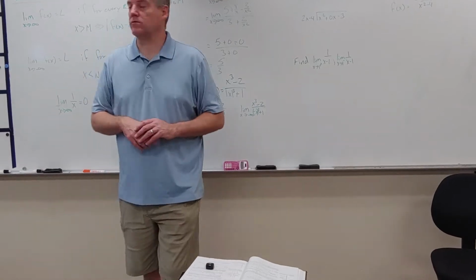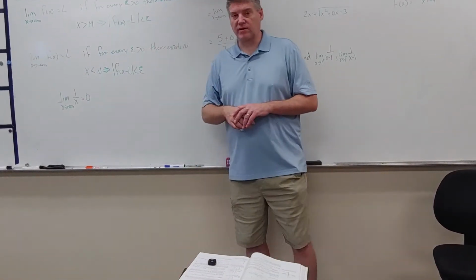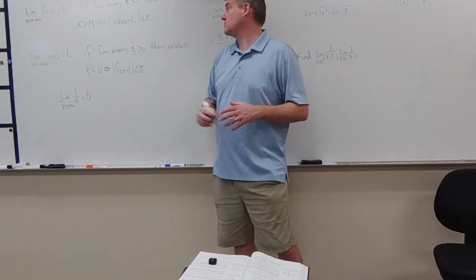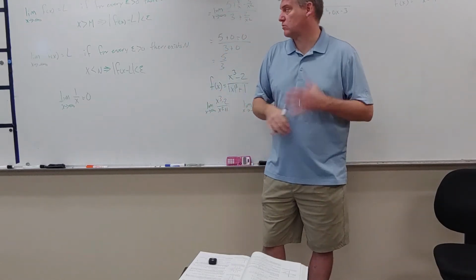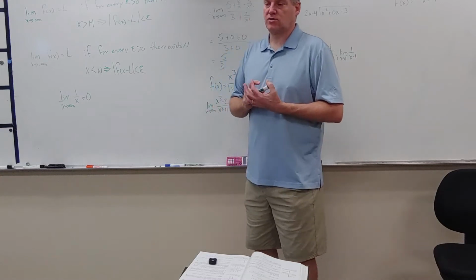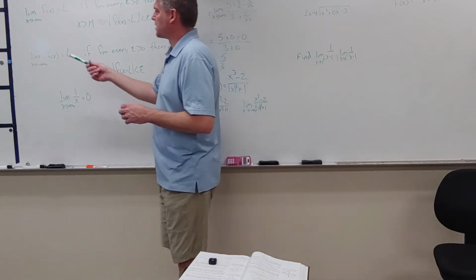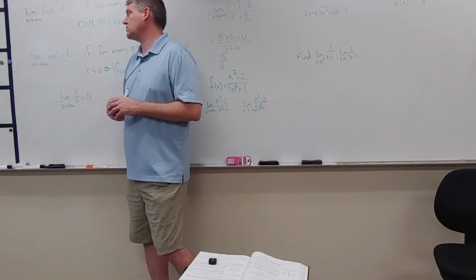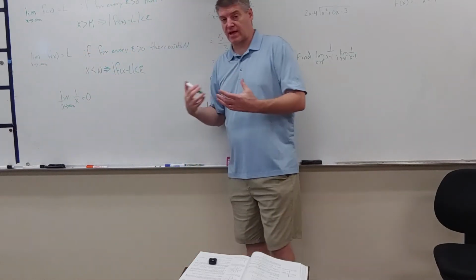All right, we're going to talk about limits involving infinity and asymptotes of graphs. We've dealt with asymptotes of graphs before, so this is going to be a refresher. When we're talking about limits as x approaches infinity, what we're really looking at is the limit as x goes to infinity of f of x equals L